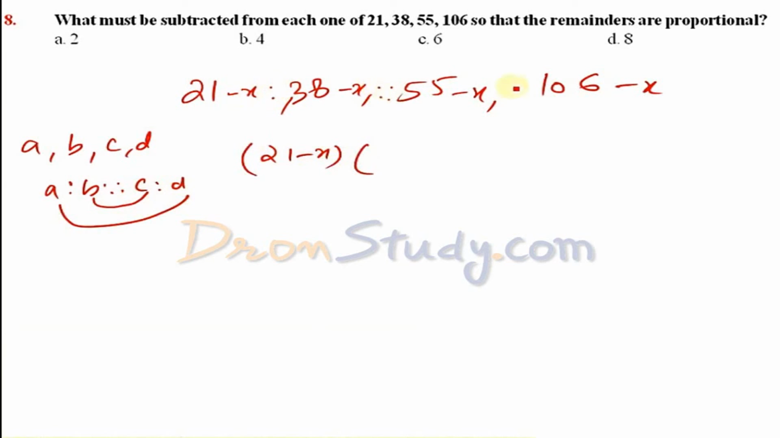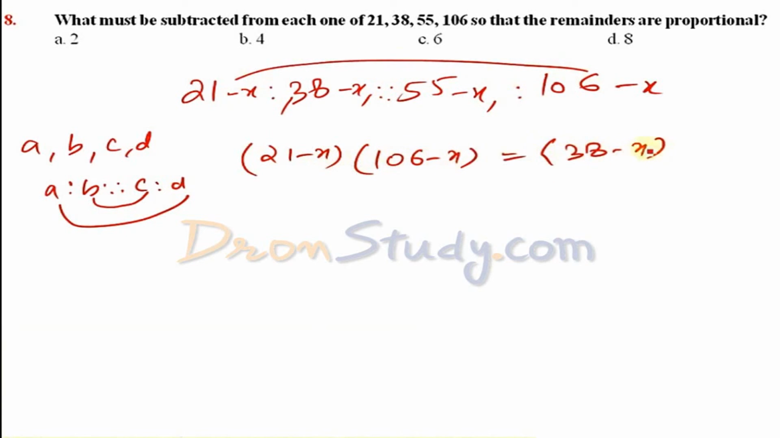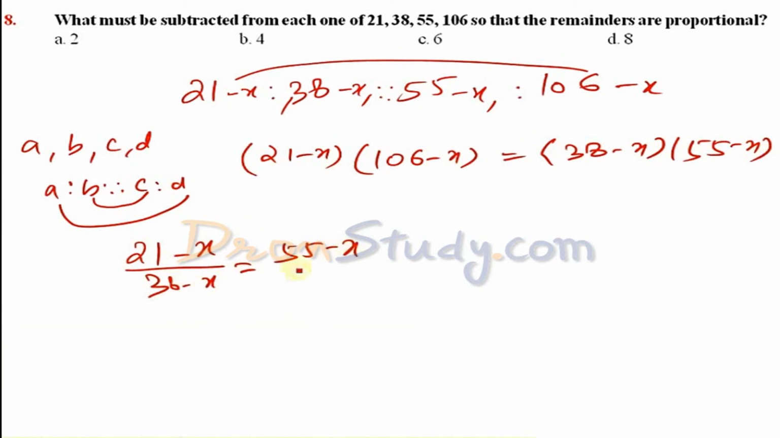This is the proportion sign. Product of these two, 21 minus x, 106 minus x is equal to 38 minus x into 55 minus x. One more thing is possible. If all the numbers are in proportion, we can write like this also: 55 minus x upon 106 minus x. Now cross multiply, we will get the same condition. Now the important part is this: if we simplify this we will get a quadratic,